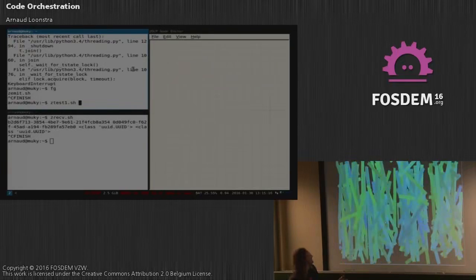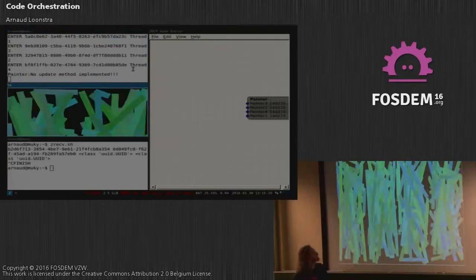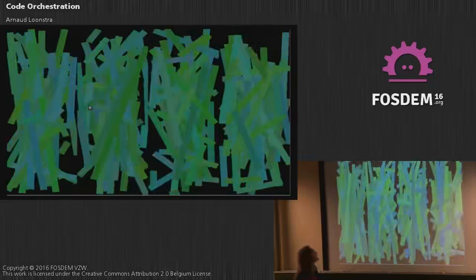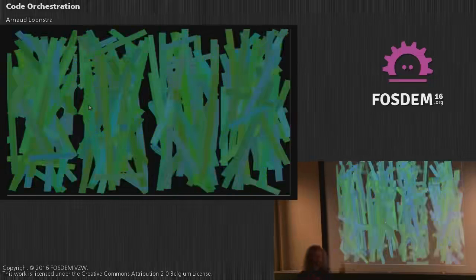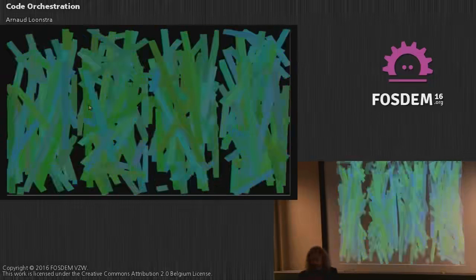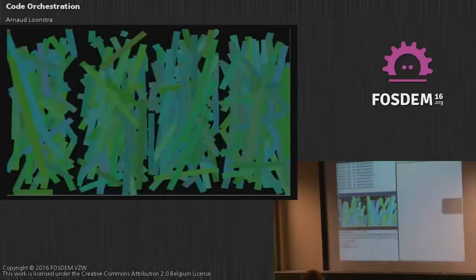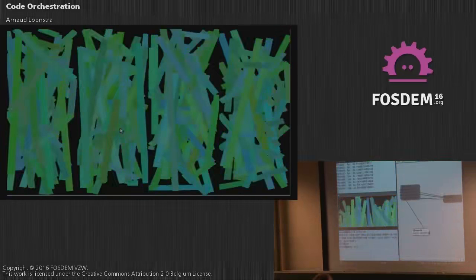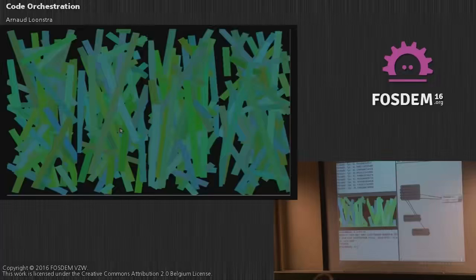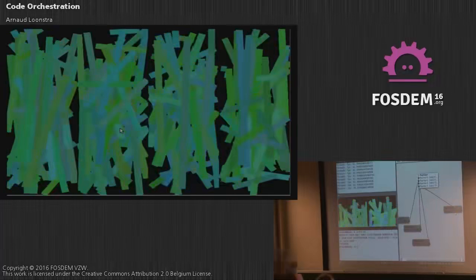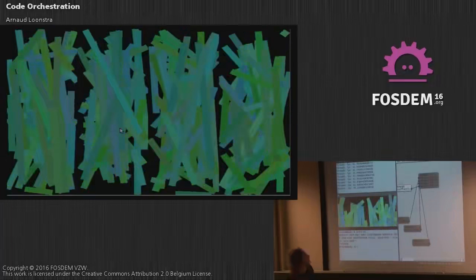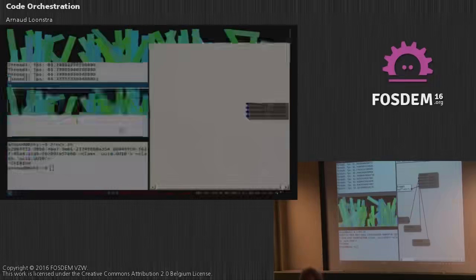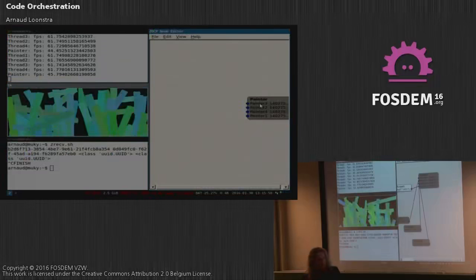This is just a program running 4 threads which have to draw on the canvas. And if you know about graphics, this is usually a trouble because only one thread can access the graphics card. So in here you can see what the program is doing under the hood. You see 4 threads. It's quite a simple program. So this was the first step, and people just got this assignment and then had to create this program.